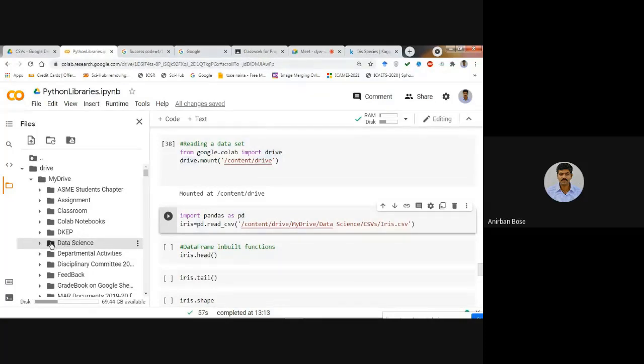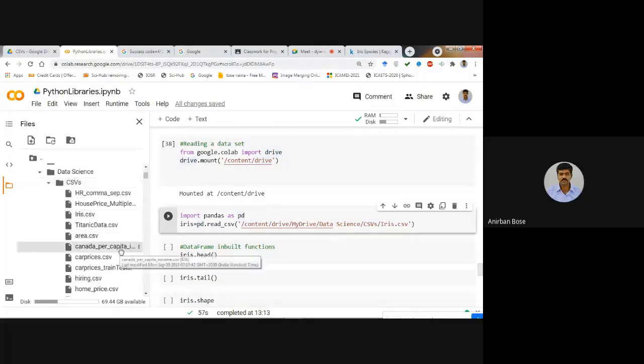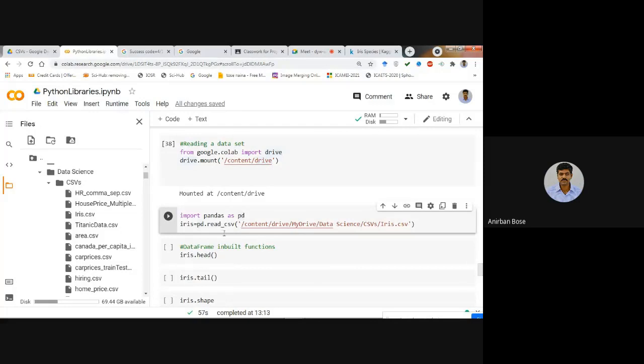We know that we have saved it in data science, so click on data science, and there within the csv folder we have that particular CSV, iris.csv. Now click on these three dots, and copy path. In this way the path will be copied, and then within that single quote you just paste that, and after that you execute.